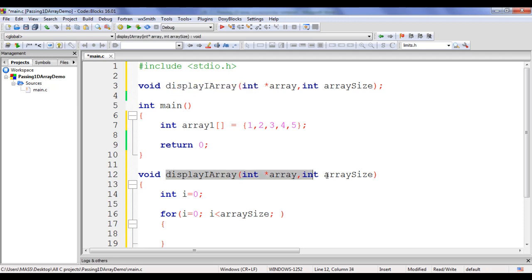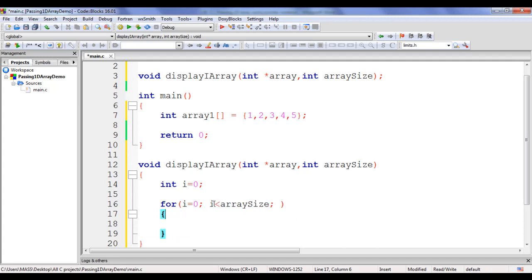While calling this function, we pass array1 as well as we pass the size of the array1, that is 5. So arraySize will be 5, guys. As long as the i value is less than 5, as long as the index value is less than 5, it should execute the body of the for loop. Less than 5 means 4, right? 0, 1, 2, 3, 4. When i value becomes 5, 5 less than 5 will be false. The loop will be terminated, guys. On every iteration of the for loop, i value should be incremented by 1. So I say here i plus plus.